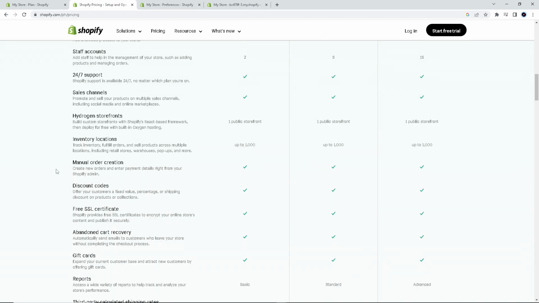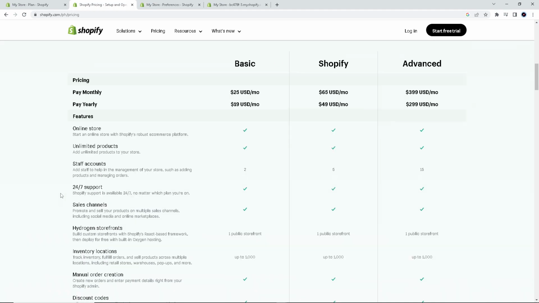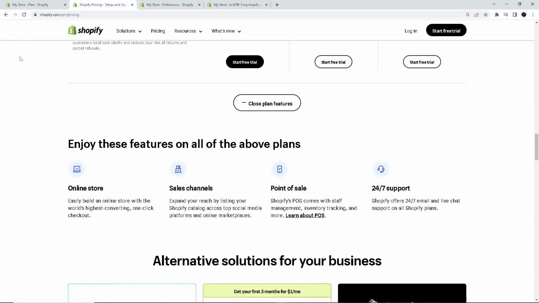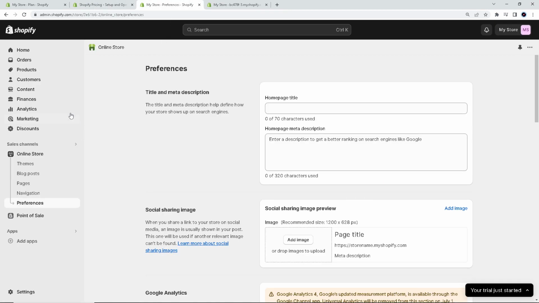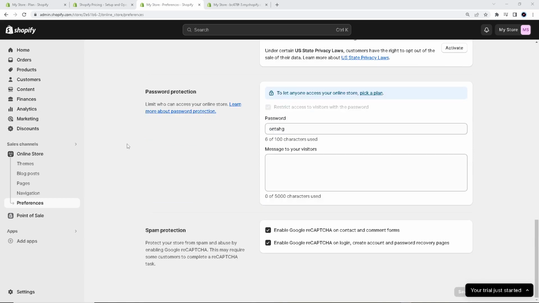All right, depends on your needs, your budget, your circumstances and your preferences. So basically, the advanced has a lot of features that the basic doesn't have. And once you choose the plan, you go now to your online store and sales channel. And then right below online store, hover down to preferences right here. And at the very bottom, where you can see